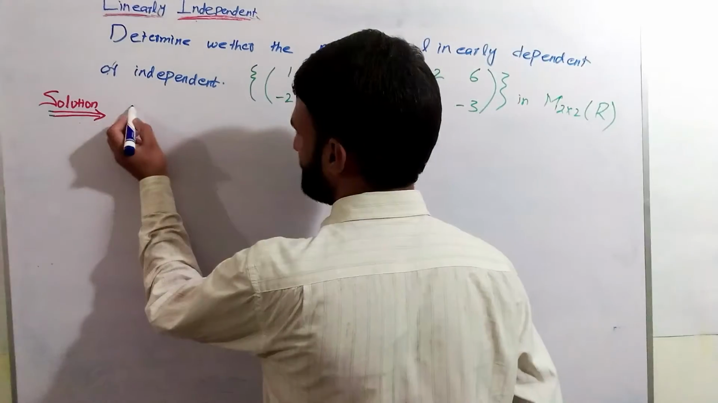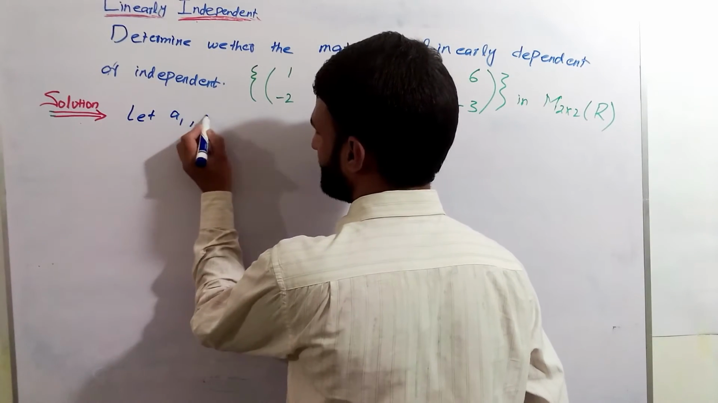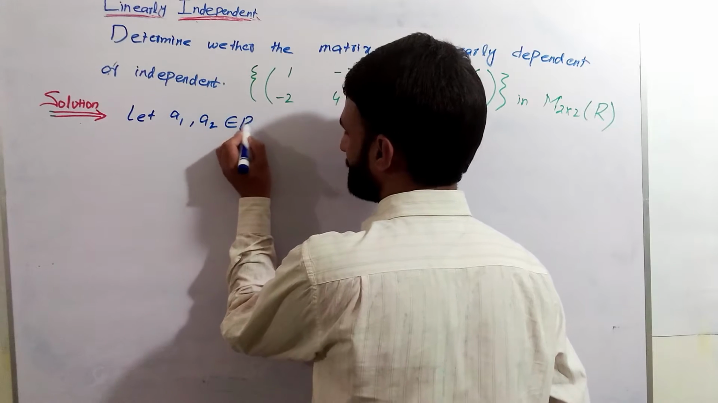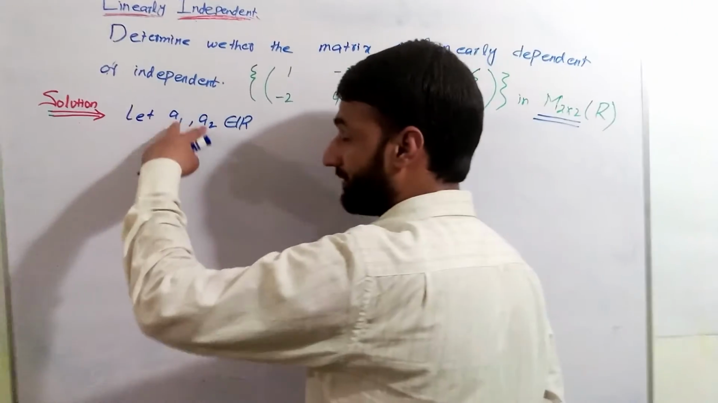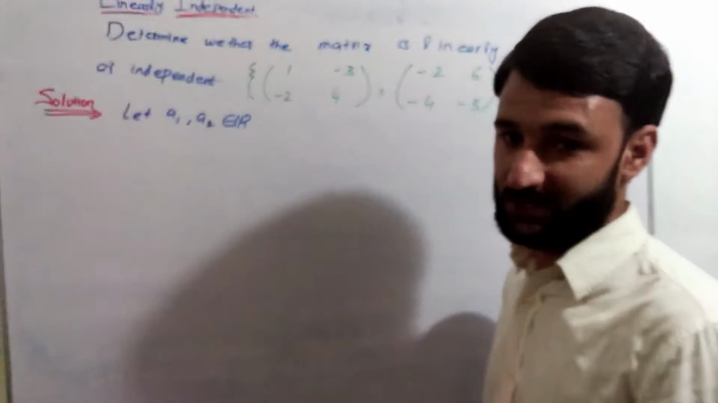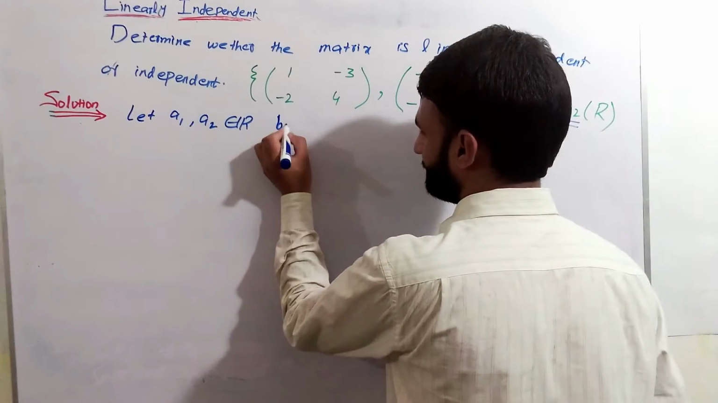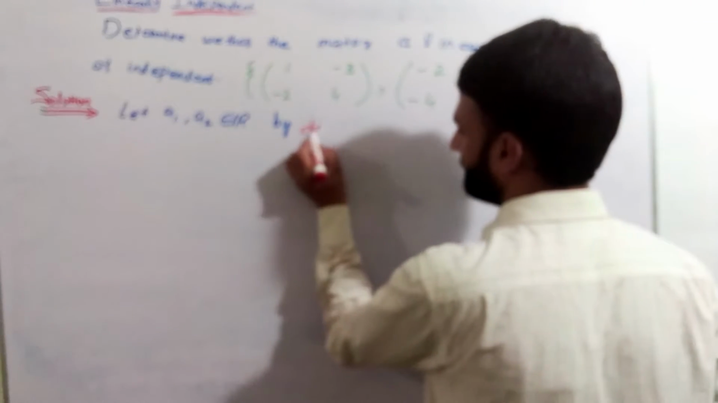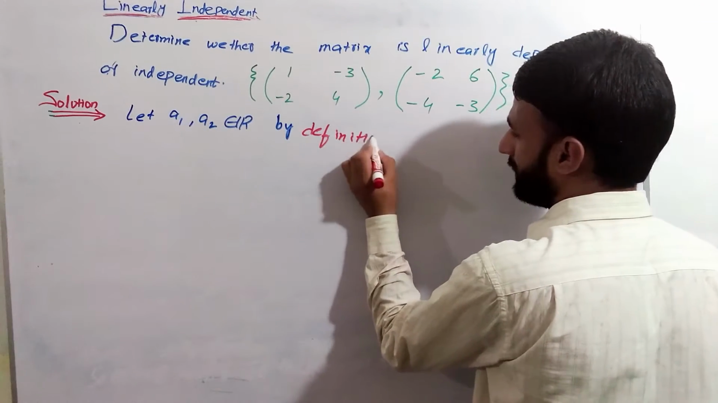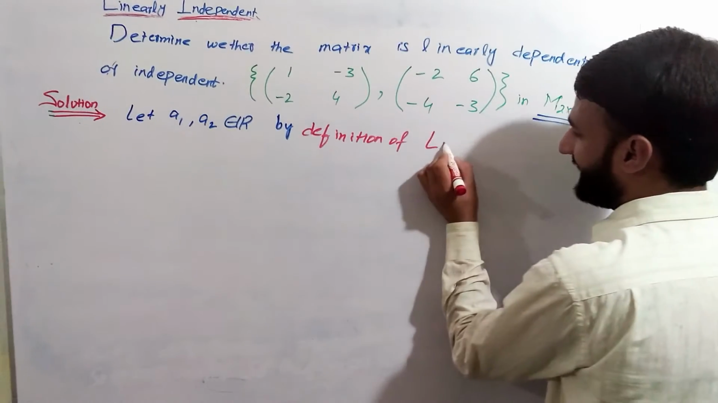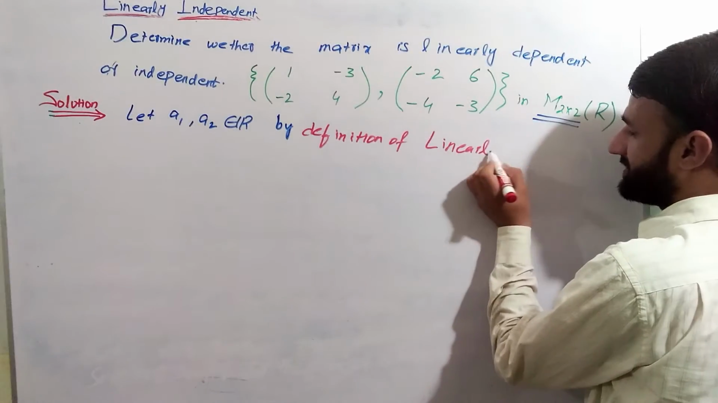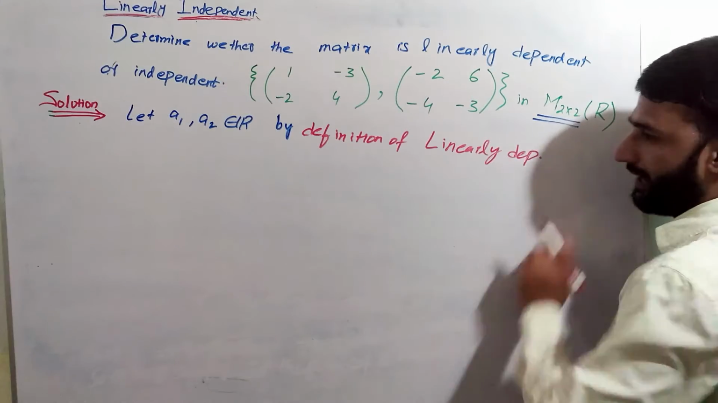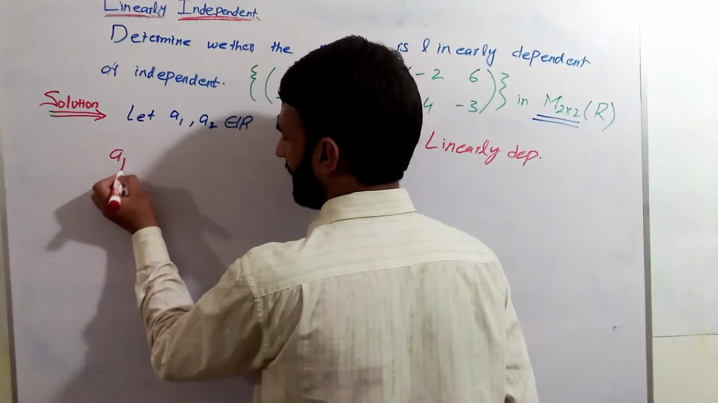For this we choose a1, a2 belonging to R. Basically here we are talking about 2 cross 2 matrices over the field F, so the scalars must be real numbers. So by the definition of linearly dependent type, that is: